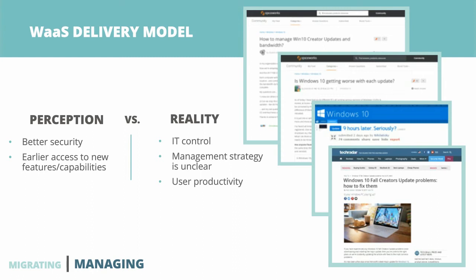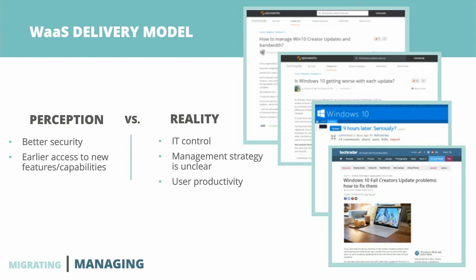They're trying to take some of the management overhead out of your hands so you don't have to worry about it. And we'll talk more about the pros and cons there. But the perception, again, is better security, faster operating systems, better performance, new features, better usability, higher productivity, like all these benefits. And we largely agree, but it's really kind of into the delivery model, and some of the nitty-gritty may not work as well as you might want.